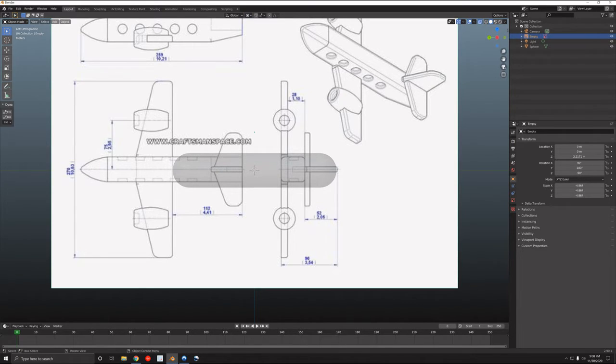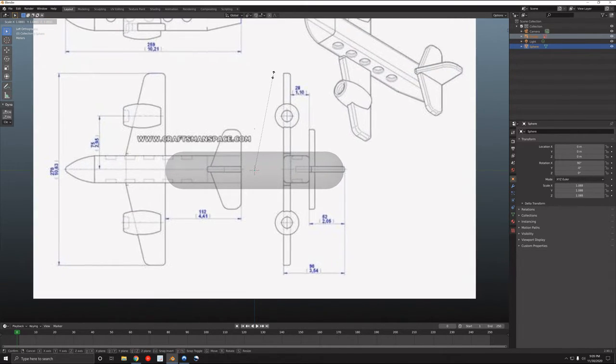For example, you selected this and this, and this will be the active one. This and this, or sphere, I don't know what you're going to call that. This is not the active one, and if you go to active element, you scale it by this,